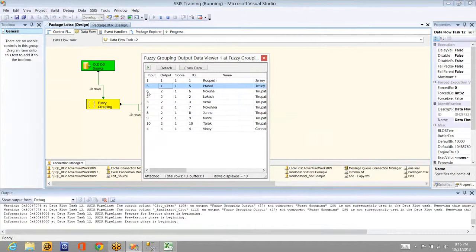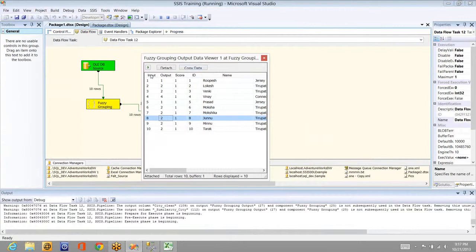If you see, this is 6. The city is Tirupati. And 2 has the same, 3 has the same, 7 has the same, 8 has the same, 9 has the same. All the remaining records have the city as Tirupati. That is why it is giving the output as this one. So sorry guys, I'll explain in a better way. I think I'm confusing you.